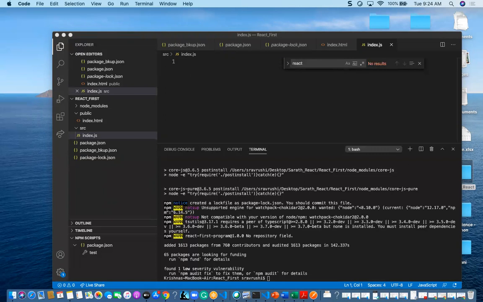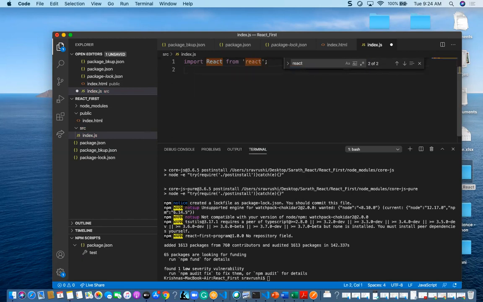For creating the component, two things are important: one is React, and the other is React DOM. So first, I am going to import React from React.